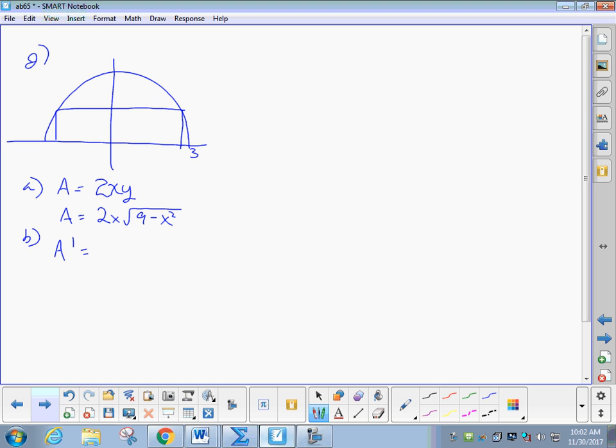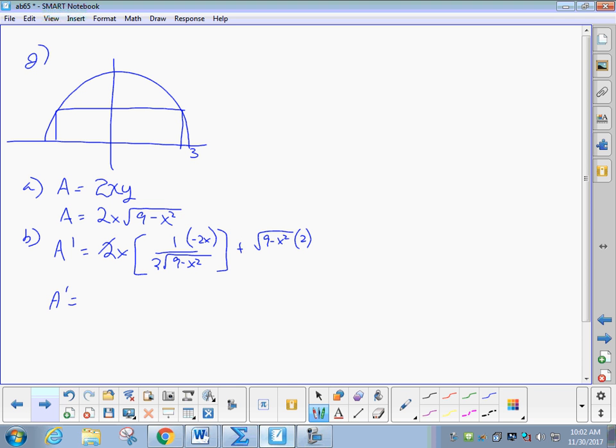Product rule, first stays the same. The derivative on that root expression would be, that's to the 1/2, so 1/2 would come down, it would drop to the negative 1/2, times the derivative of the inside, which is negative 2x. All right, that's first times the derivative of the second. Plus second, which is the root, times the derivative of the first, which is just a 2. Check your product rule and your chain rule. Now let's talk